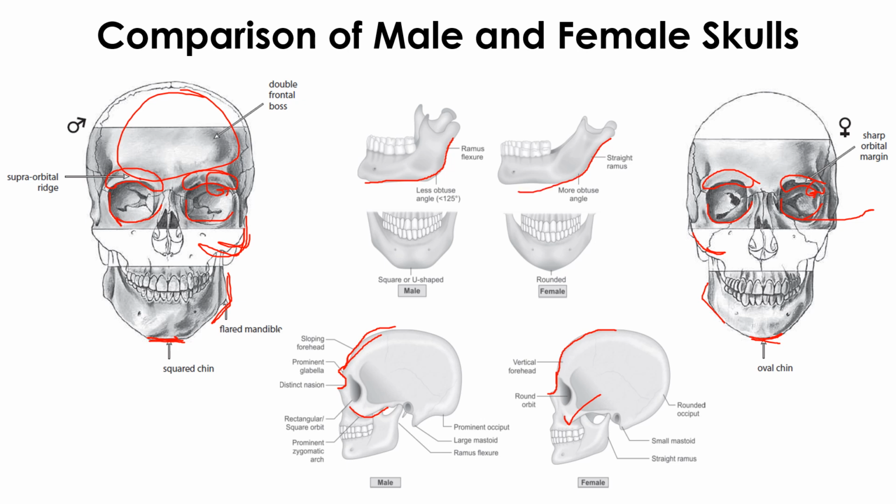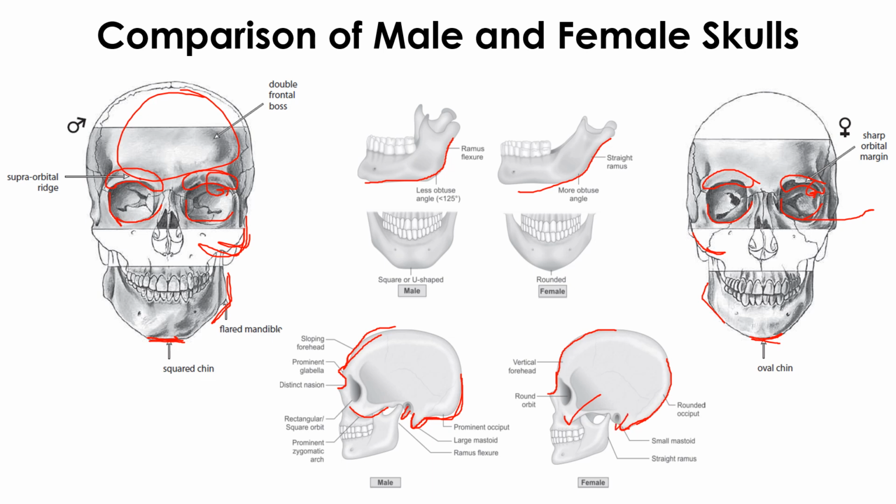Then coming to the processes which will be seen, we'll learn this again in other images as well. The prominent occipital bone can be seen for the males. So this is the prominent occipital bone, and it is a round occipital bone for the females. Continuing like that, the mastoid process is not prominent in females, but it is more prominent in males. Remember this point, very important. And the styloid process is also visible in males, it's not visible in the females.